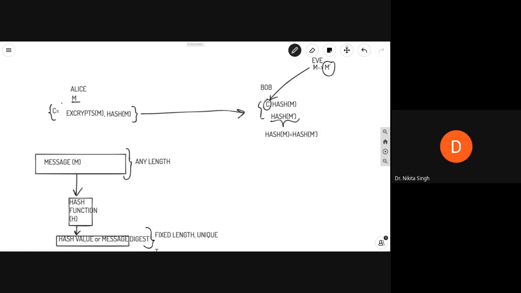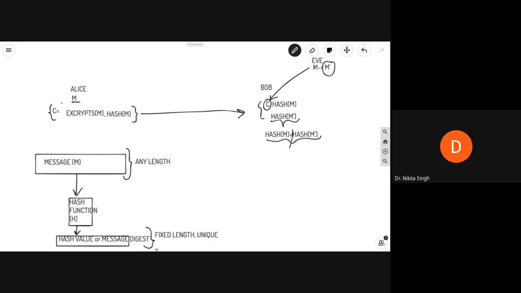Now, if this message C, the encrypted ciphertext C, had been modified, this probably will not match. And if it does match,